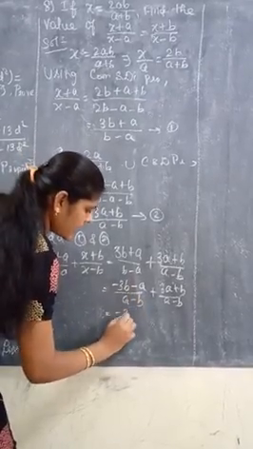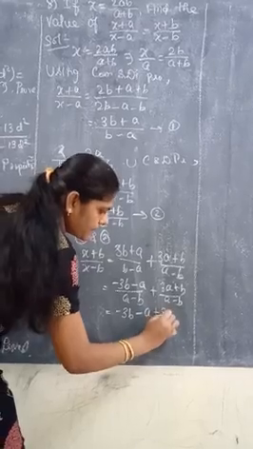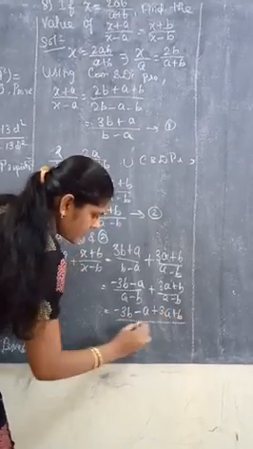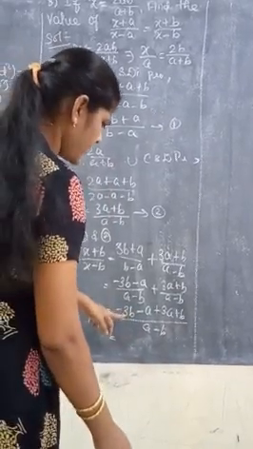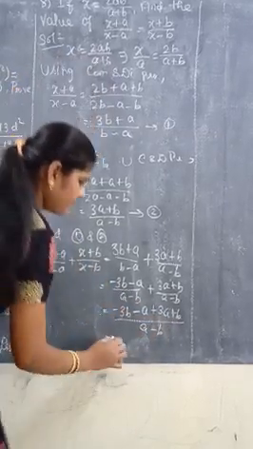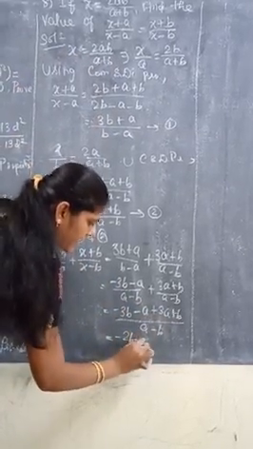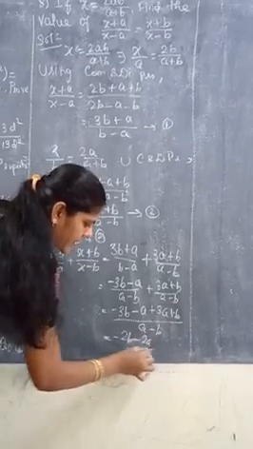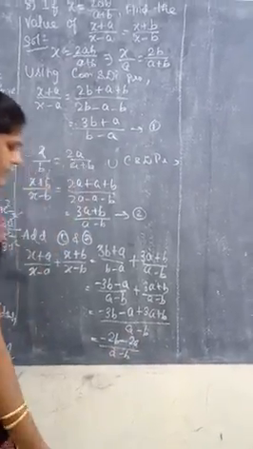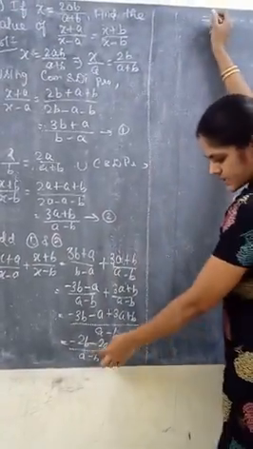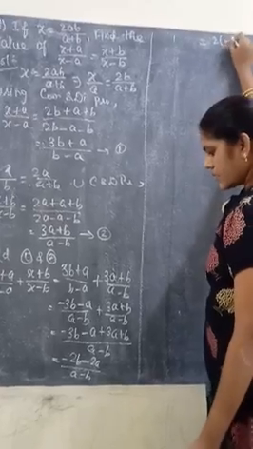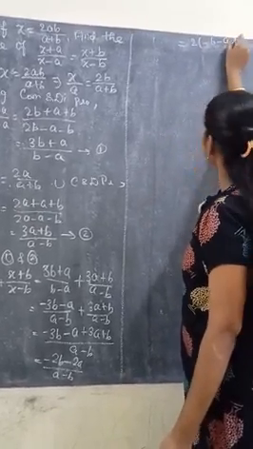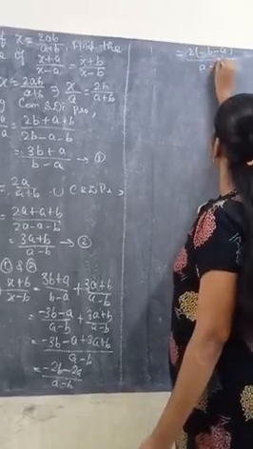So minus 3b minus a plus 3a plus b divided by a minus b. What is the next term? It is minus 3b plus b, minus 2b, minus 3a minus a, 2a, divided by a minus b, equal to what? Take 2 as common. If you take 2 as common, remaining minus b minus a divided by a minus b.